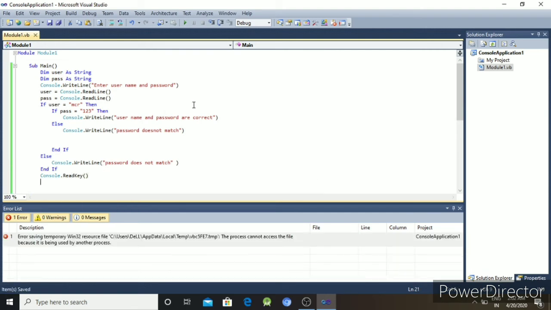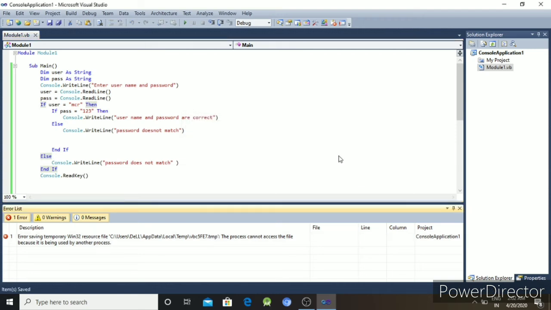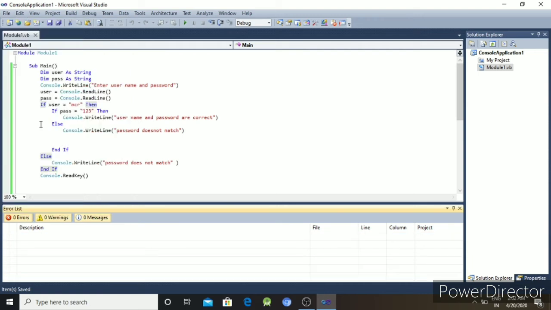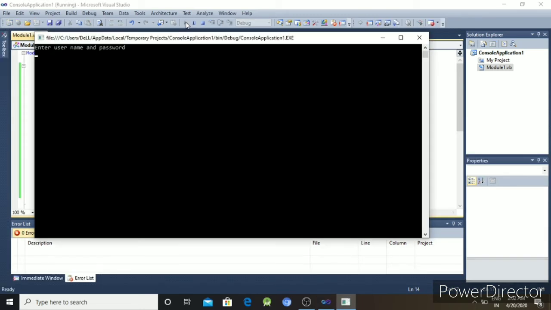Save the program and execute. Yes, enter username and password.